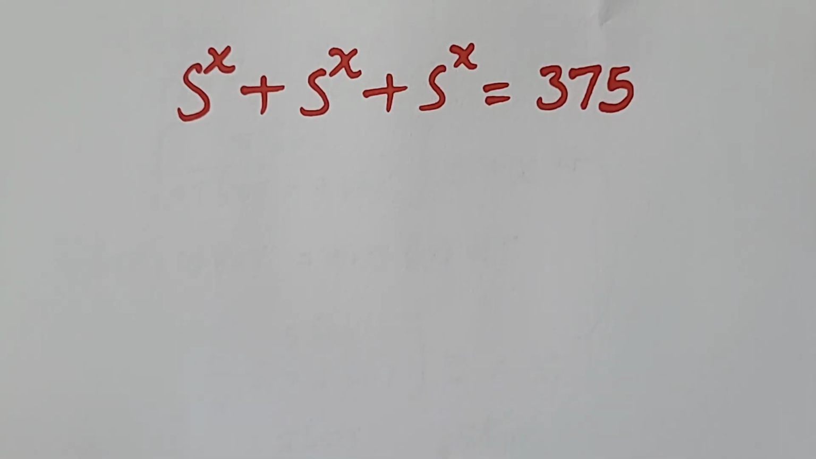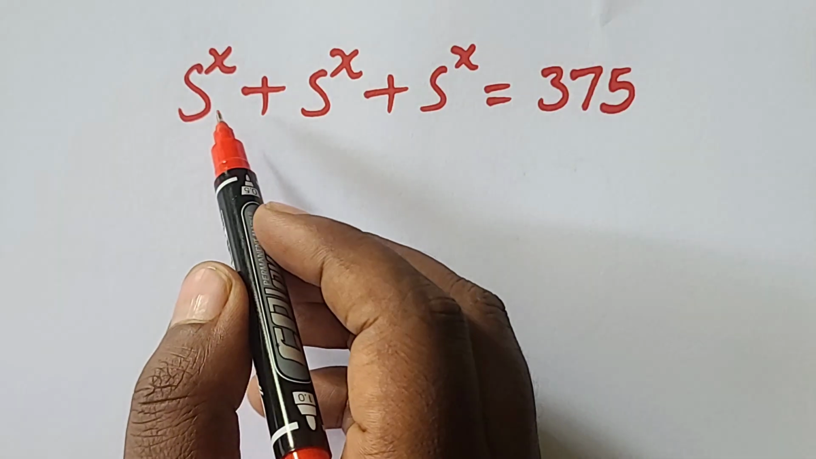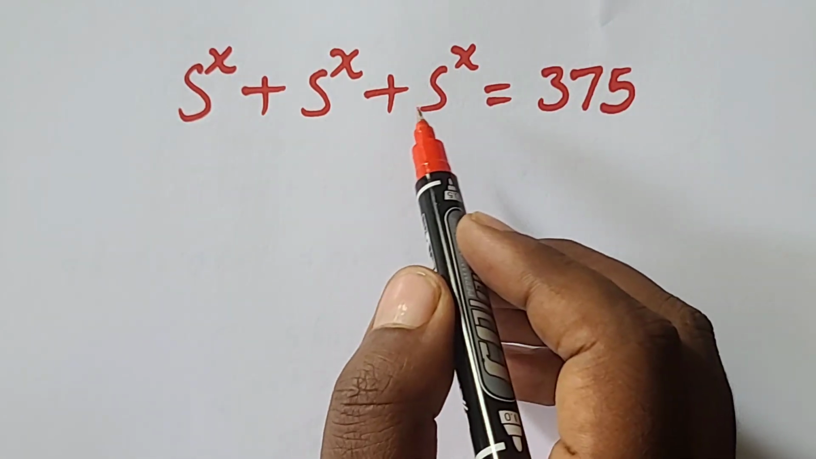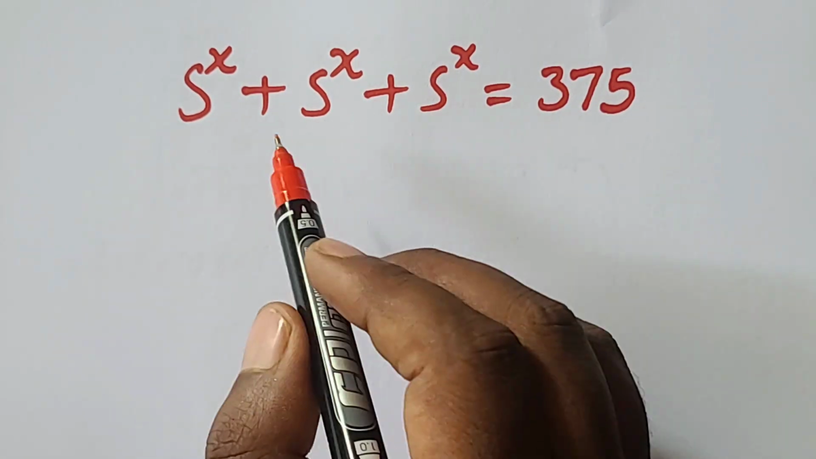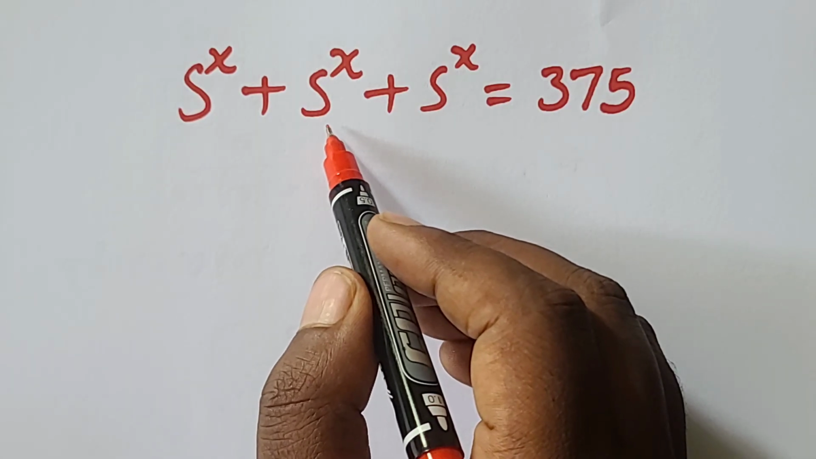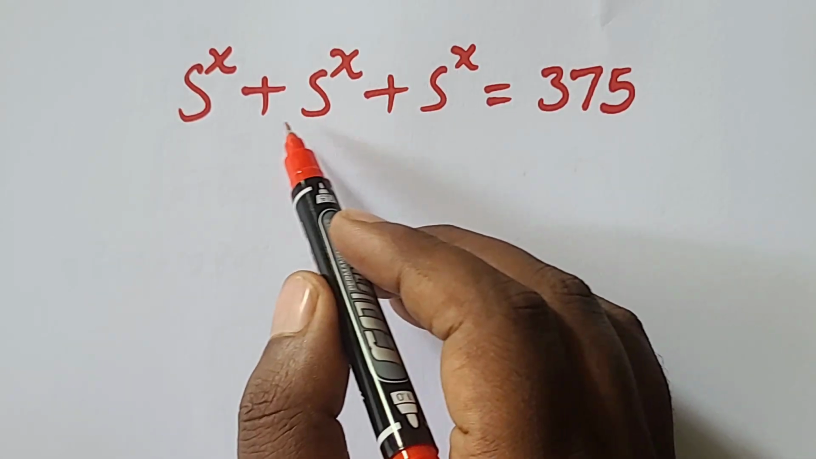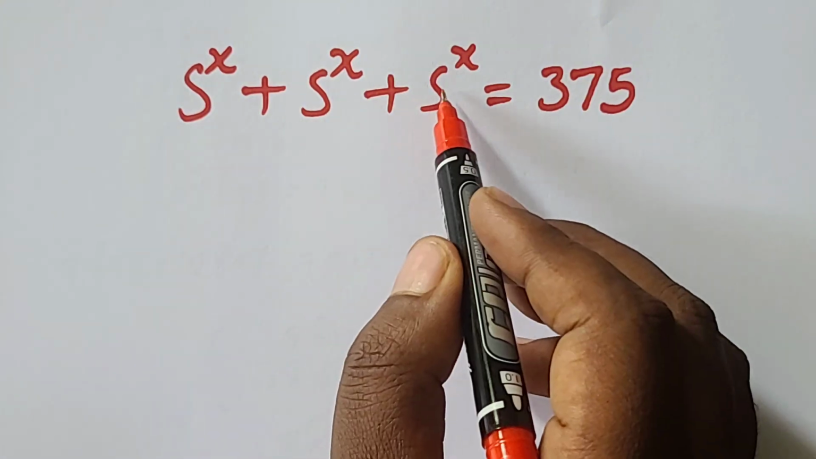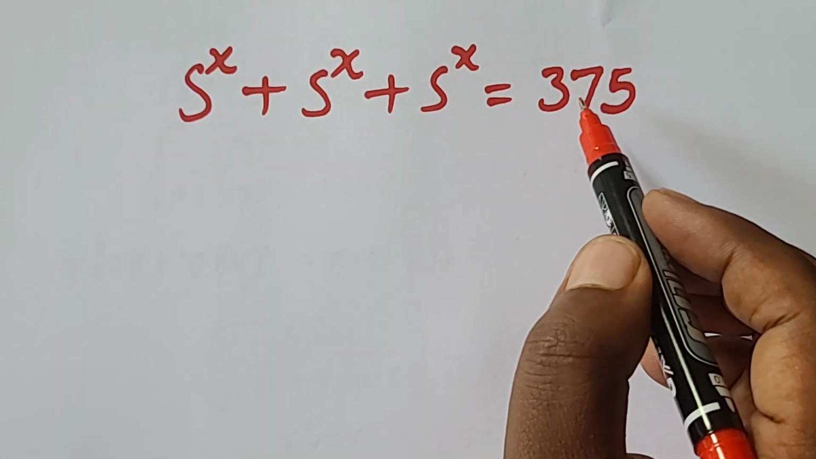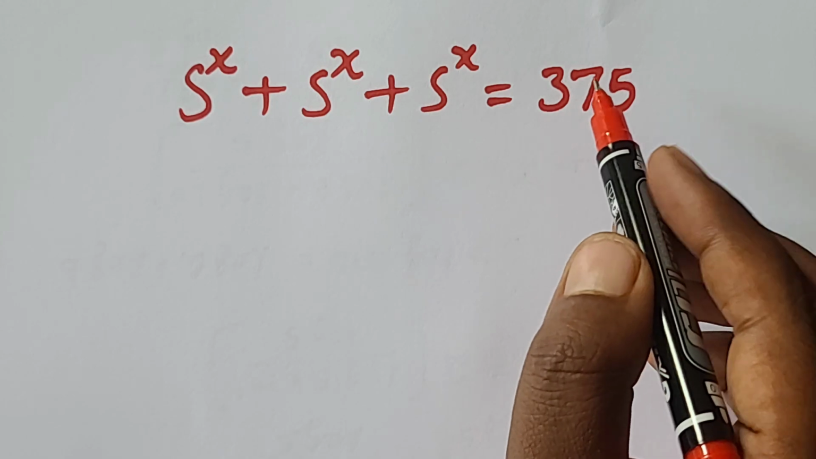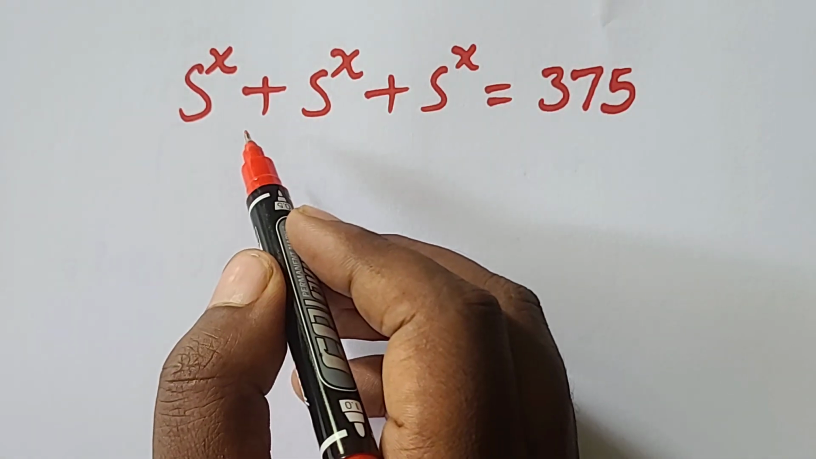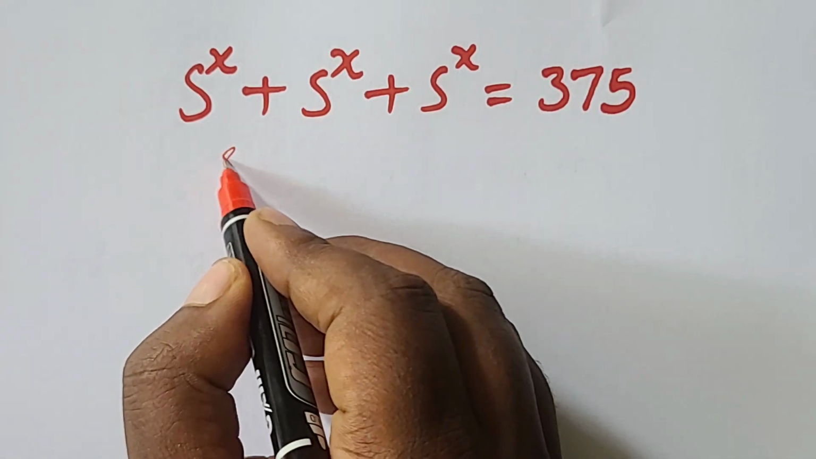Now let's determine the value of x from this exponential function. As you see, here is 5 to the power of x plus 5 to the power of x plus 5 to the power of x. Three identical terms are added, that is 5 to the power of x, 5 to the power of x, 5 to the power of x equals 375. As you see here, identical terms can be added, therefore